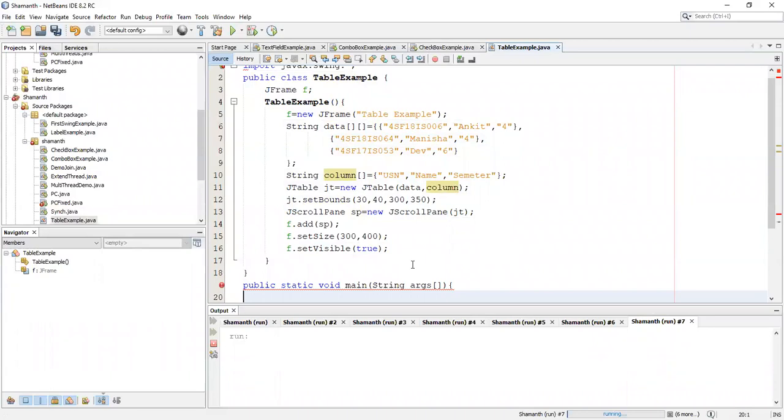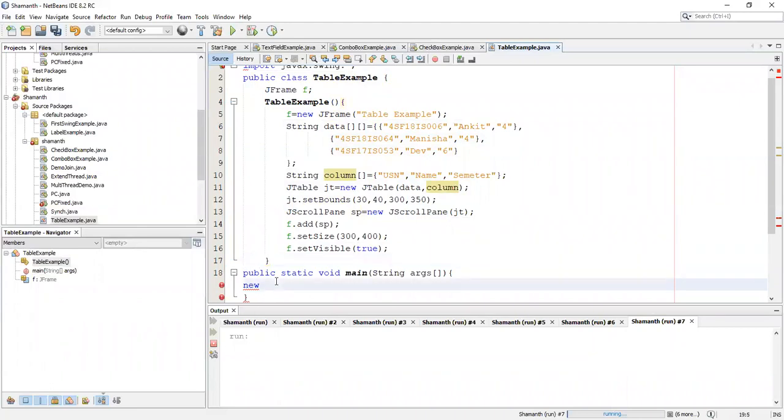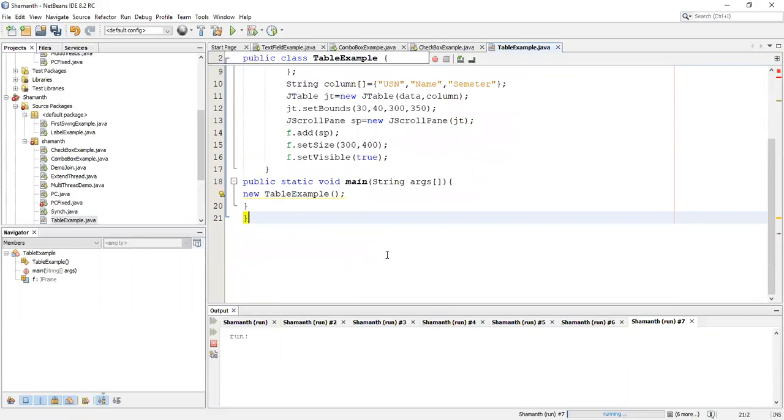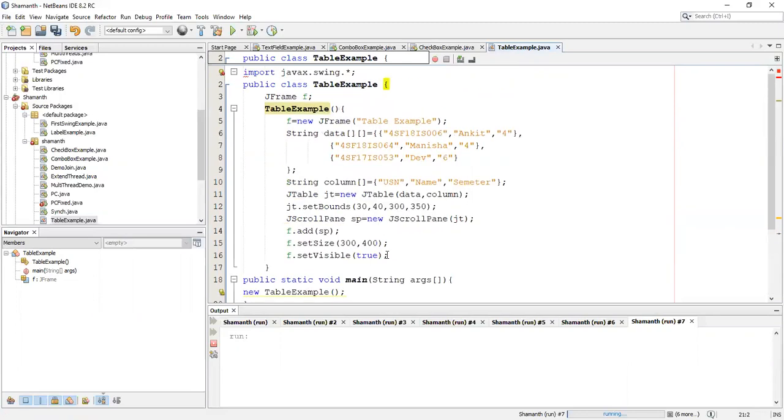What we have to do over here is new, the same file name, so it's TableExample. Close the main function and class over here. So this is the program.